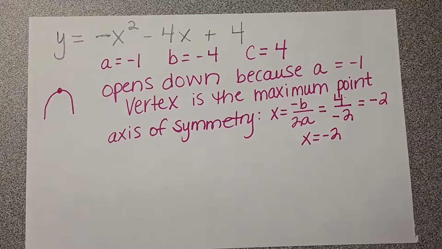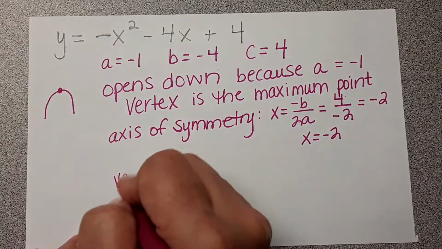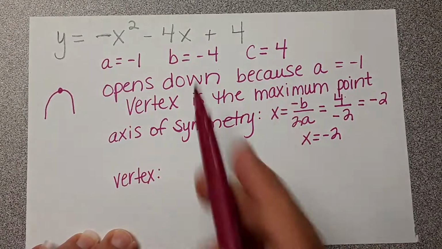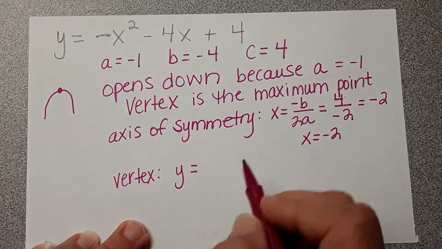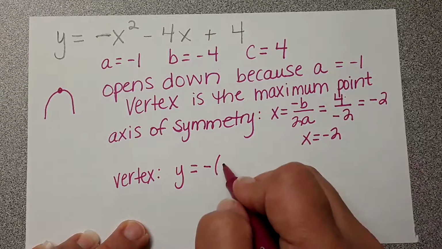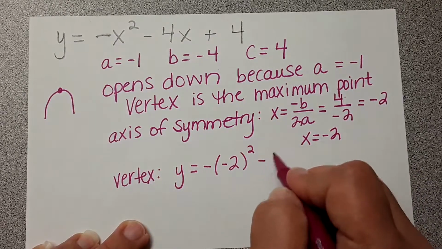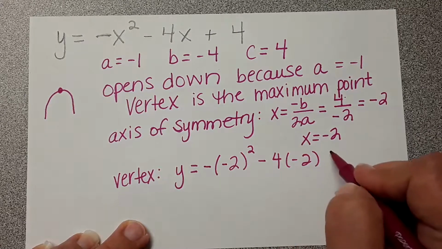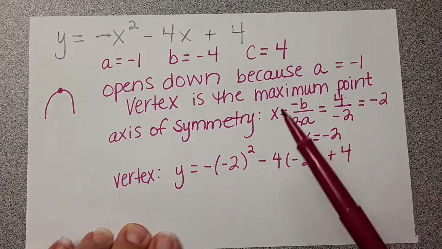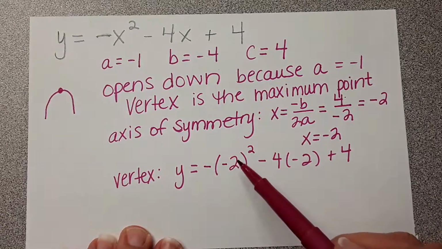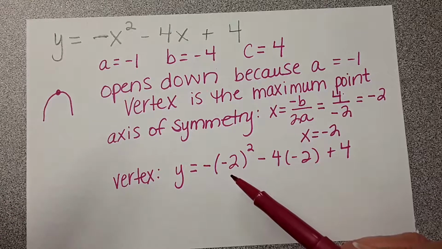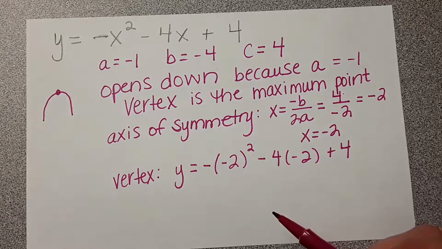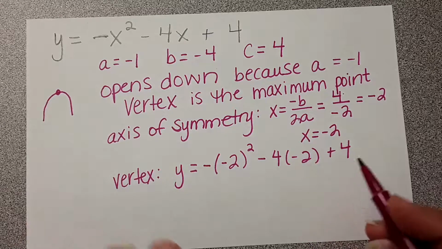Now, what do we do? Yep, we plug it in because now we're going to find the vertex. So we're going to plug in -2 in for x. We're going to solve for y. So the opposite of -2 squared minus 4 times -2 plus 4. Remember that this -2 squared, you got to do that first. So -2 times -2 is 4. The opposite of 4 is